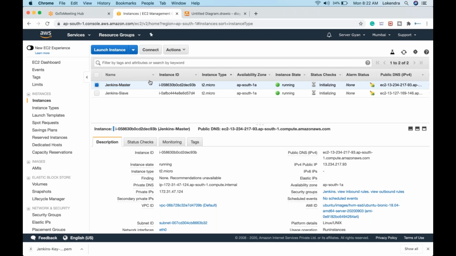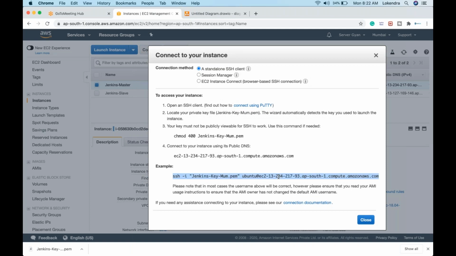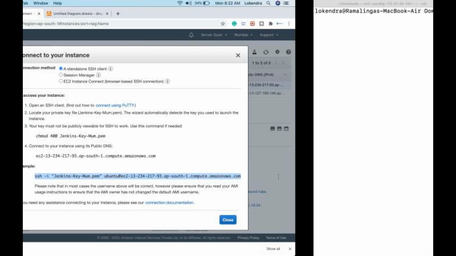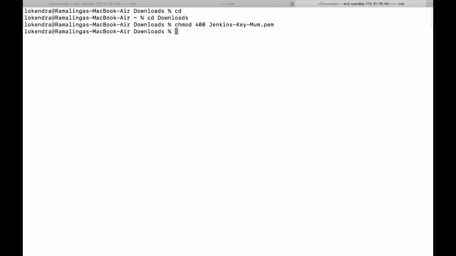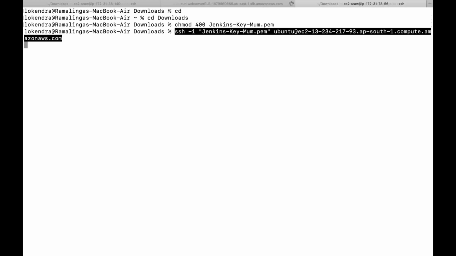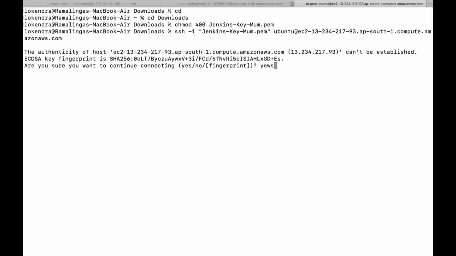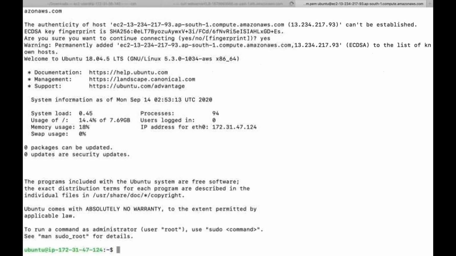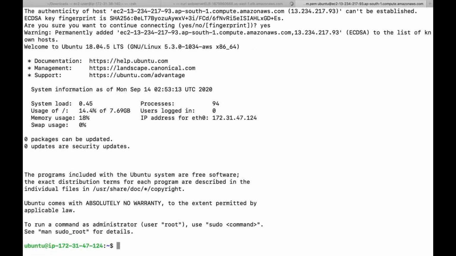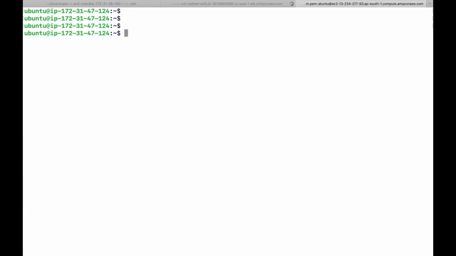Okay, now first of all what I'll do here is I will have to log into this server. Reason being, I need to connect to my server. And what I'm going to do here is go to my downloads section and run the command chmod 400 jenkins-key-mum.pem. This is my Jenkins key. I'll log into this machine, and after logging in, let me increase the font size a little more for you guys. What I will do here is log in with the root user.